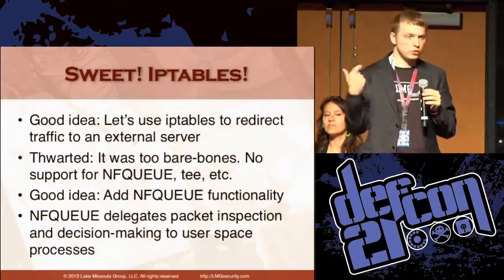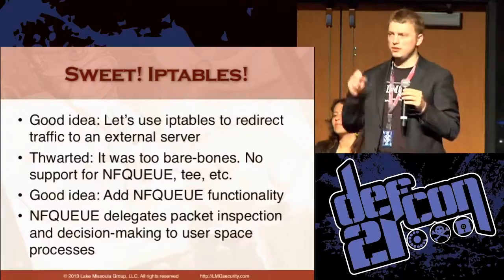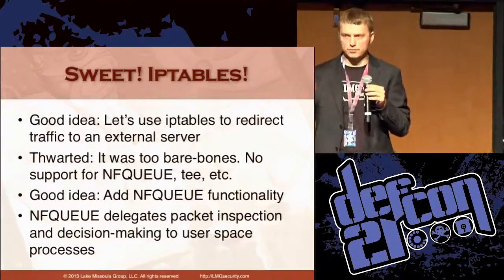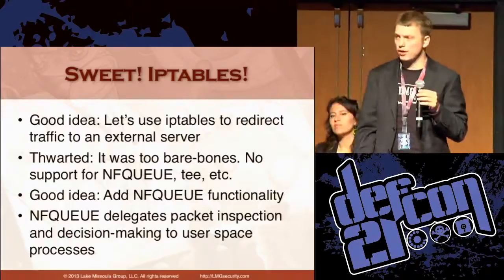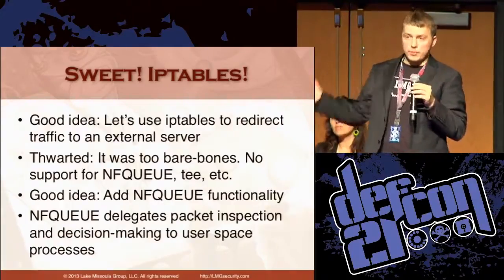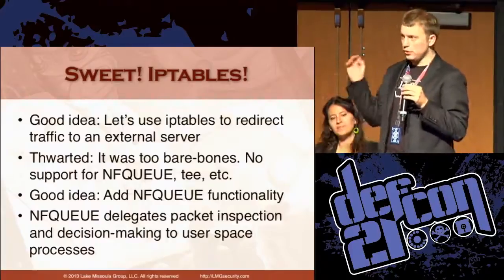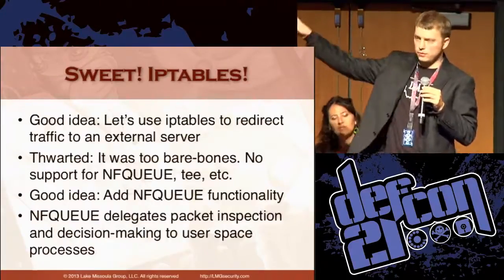No NFQUEUE, no TEE command, no way to copy off and route traffic. There's not even a logging facility built in. It's an embedded system, so it's not that surprising. So we went back to Samsung source code again. We really want to use NFQUEUE, so we grabbed the source code from